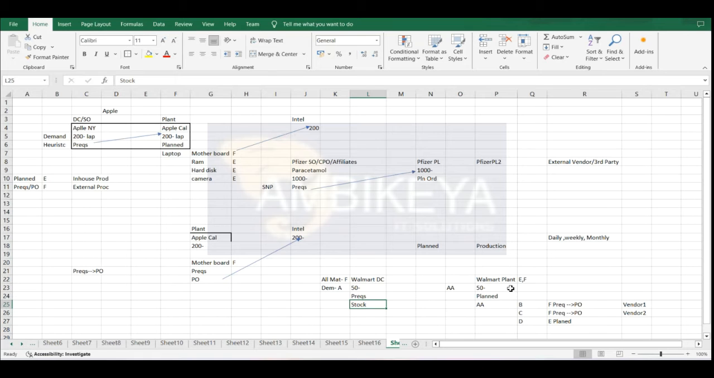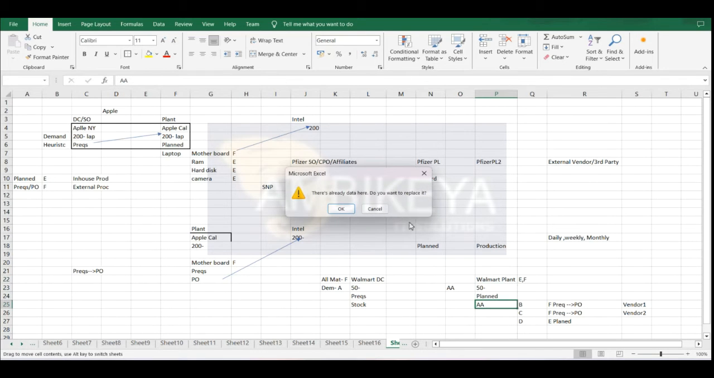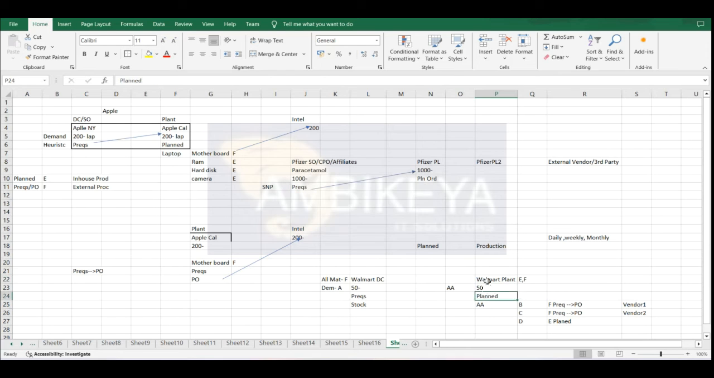If you are directly forecasting at plant level, you will see that forecast also here. Let's take that example. Here I'm eliminating this DC scenario. We understood DC. We are just planning for the plant. So at plant,